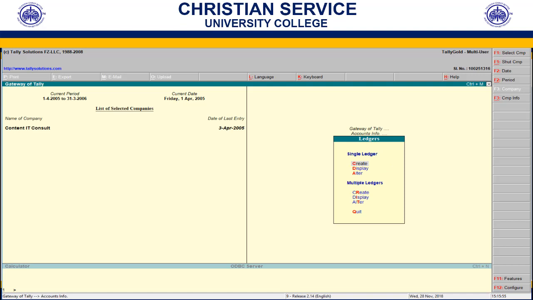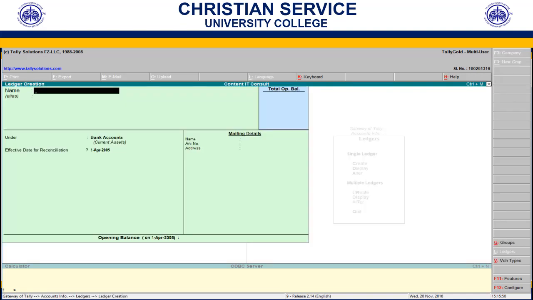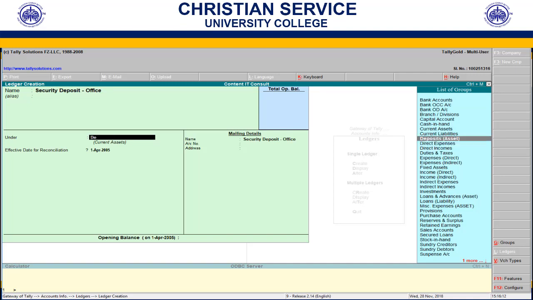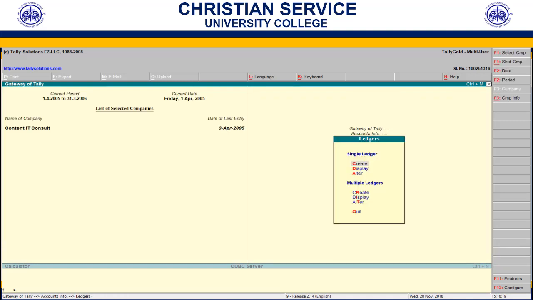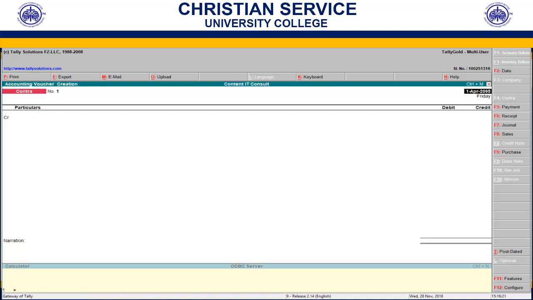So at the account creation, we create a ledger known as security deposit. And we call it office. This is under deposits, which is an asset, and there's no opening balance, so we press the enter key. Go back to our gateway of Tally, and at the vouchers level, we'll be using the payment, so we change our